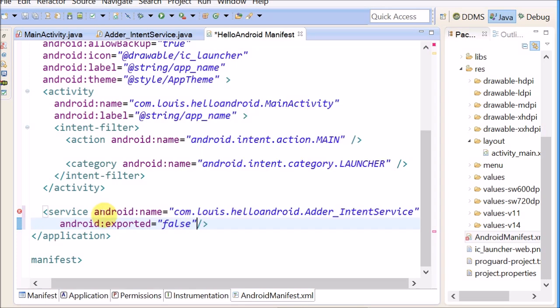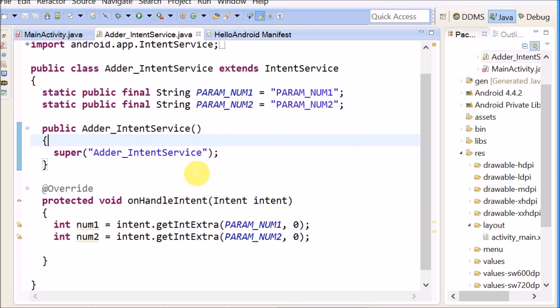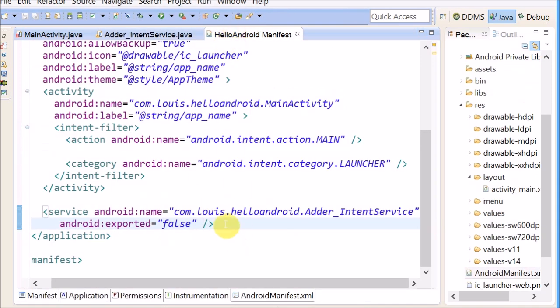Export false means that no one else can run this service. It's a different topic altogether. By default you can export to true, meaning that other programs can use this service. But how do you trust services, right? Like other people's services. If it's a Google service, we all trust it, but if it's my service, probably nobody trusts it,